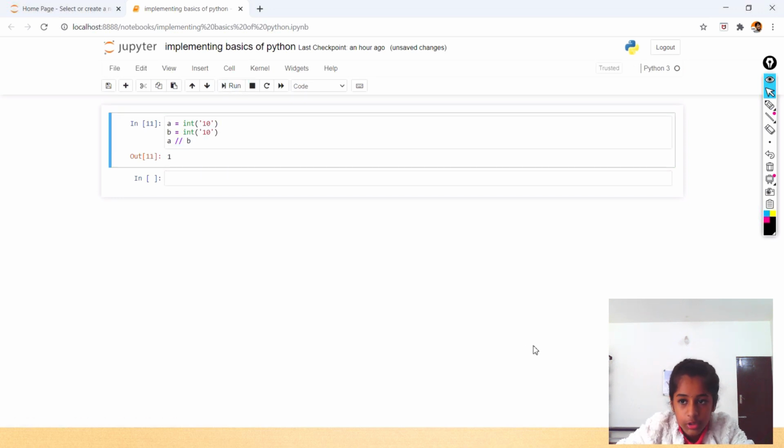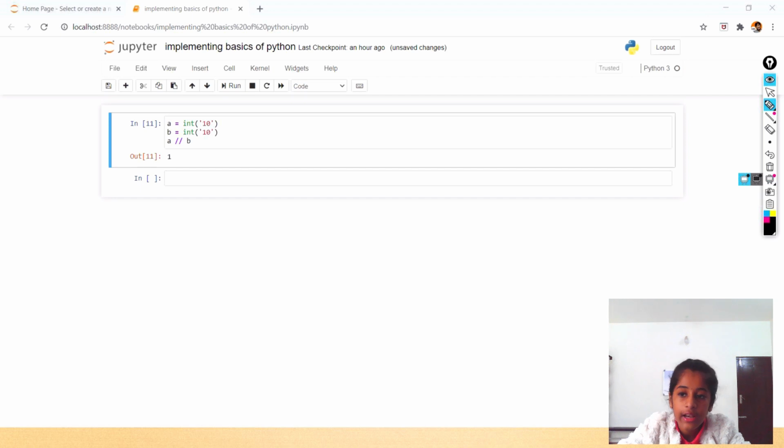Because on the top you guys saw, 1 divided by 1 is going to be 1. So that's what is going to give you the answer. However many times you divide it, you're going to get 1. So now we know the arithmetic operations and we have checked them properly.